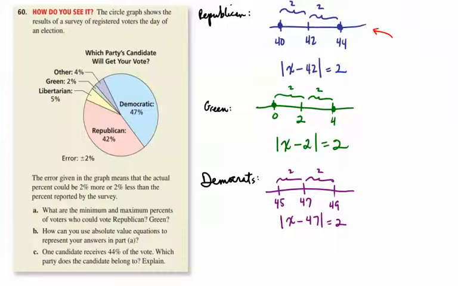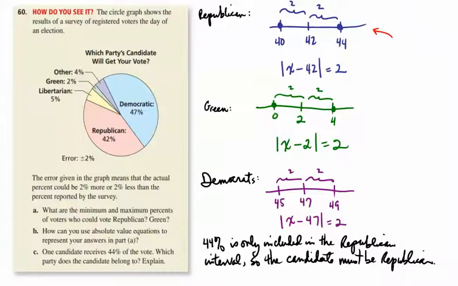So, since 44% is only included in the Republican interval. Now again, we didn't try the Libertarian or the other, but because they're so far away from 44, we know that 44% would be way beyond them. And we've shown that it's not included in the Democrat, but it is in the Republican. So since 44% is only included in the Republican interval, the candidate must be Republican. And that does it for this